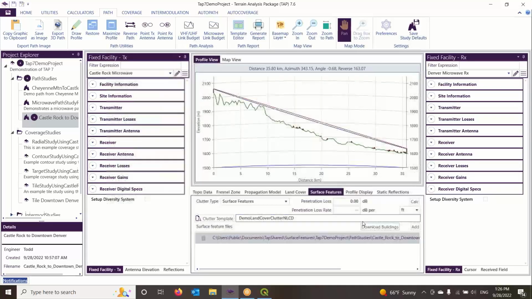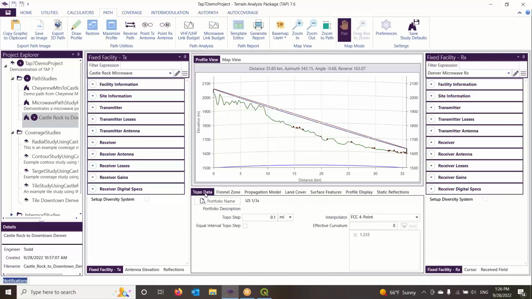Click OK, and the buildings are loaded in. You can see here the buildings show up as little raised pieces along this. Now, for topo data, when you're doing surface features, you typically want to drop your topo step a little bit tighter. So go to meters. I want to make it 10 meters, so it's going to catch all of the surface, all of the buildings